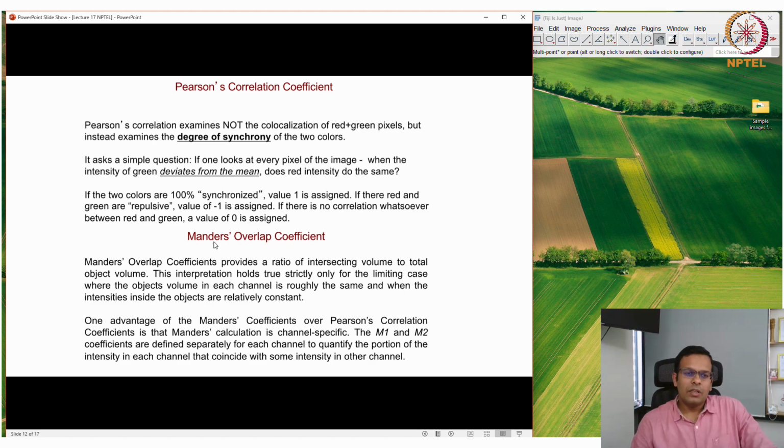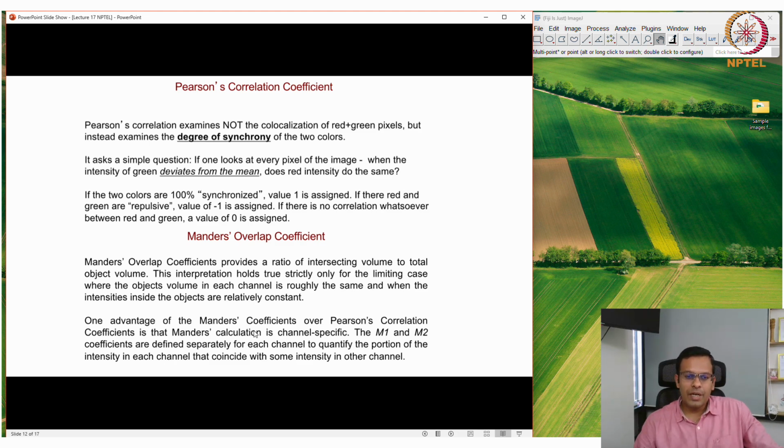Now, what is Mander's overlap coefficient? Mander's overlap coefficient provides a ratio of intersecting volume to total object volume. This interpretation holds true strictly only for the limiting case where the object's volume in each channel is roughly the same and the intensities inside the objects are relatively constant.